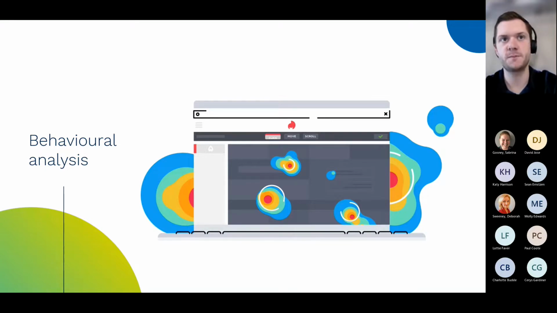If, for example, the smaller blue and turquoise blob is our primary call to action, but actually people are clicking view the team, we might just need to rejig this page because we're distracting from our primary focus, which is to drive lead generation. Actually, what we're driving here is people clicking our team, and that's not what we want to gain from this page. We really want people to click book a discovery call, book a meeting, so we can start to gain from a qualitative and quantitative point of view how useful these sort of tools are.